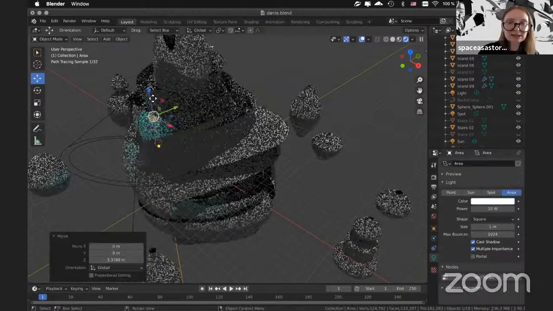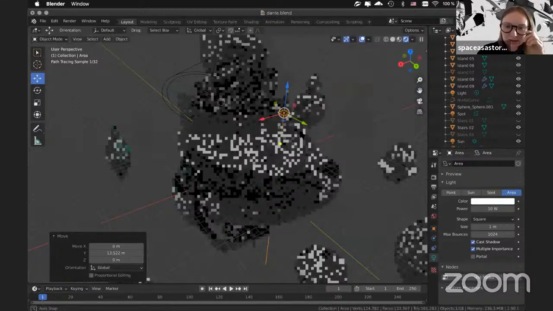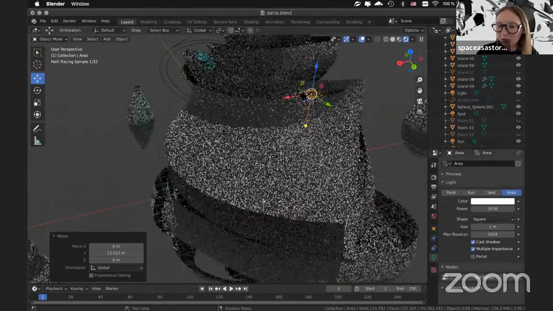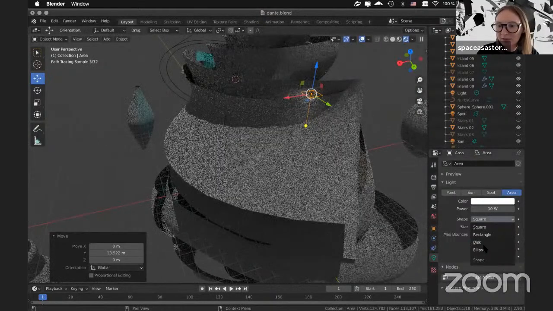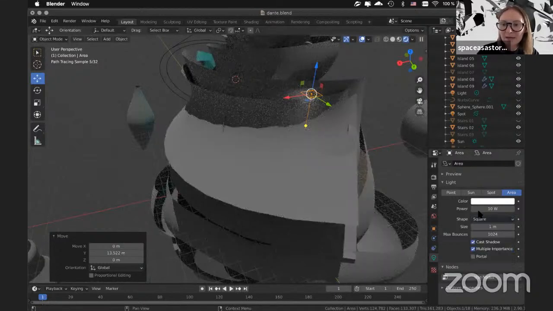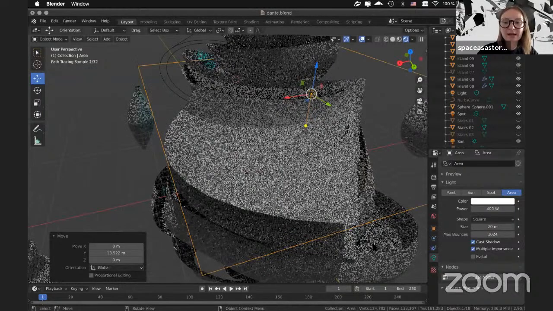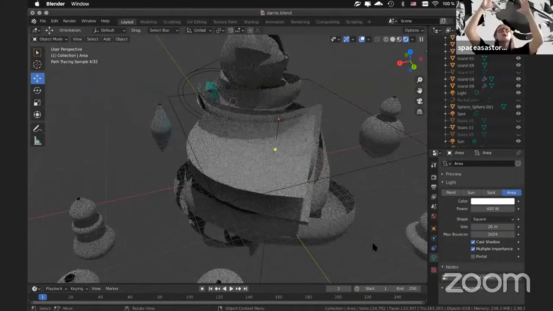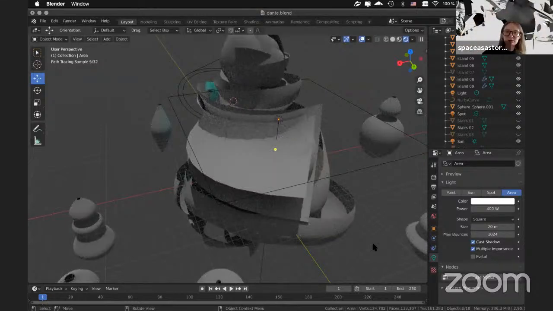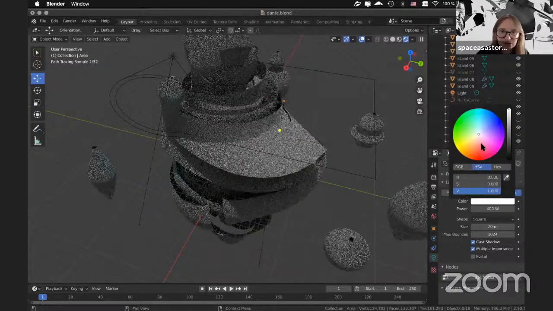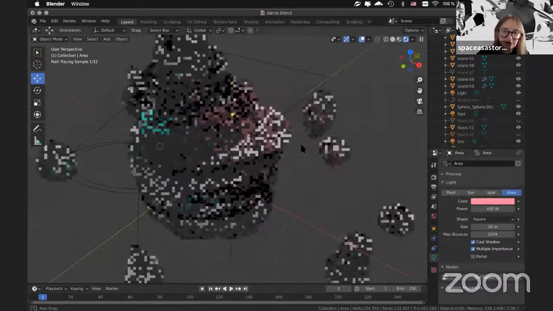Area appears like that. This is just an area of light. It could be round, it could be an ellipse, different types, and it could change. We can change its size, and it is good, for example, if you have some space, like a window that lights up the whole scene, to have an area. So it works like that. If we change the color, we will see the result. So we have blue here, red here,